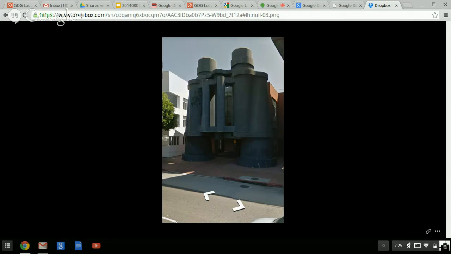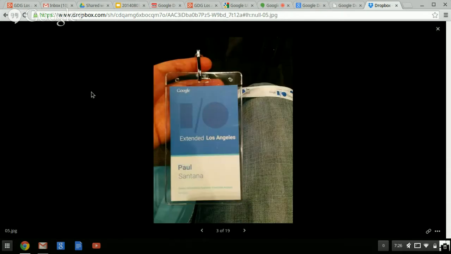Then when I was actually trying to go to the Google I/O extended event in LA, I realized, oh, that's where we actually go. There was a guy at the bottom there who was waving people in because they know people aren't going to find it. So that was cool. The first thing we did is we registered and got a cool little badge with our names on it and where we work, to make us feel official. So that was the first part.